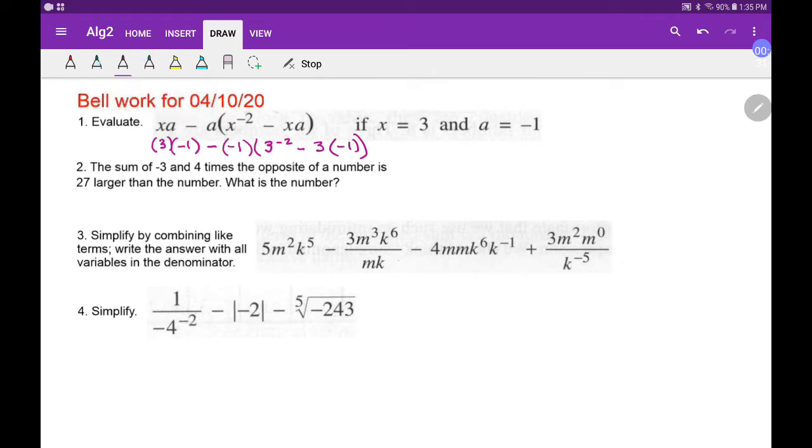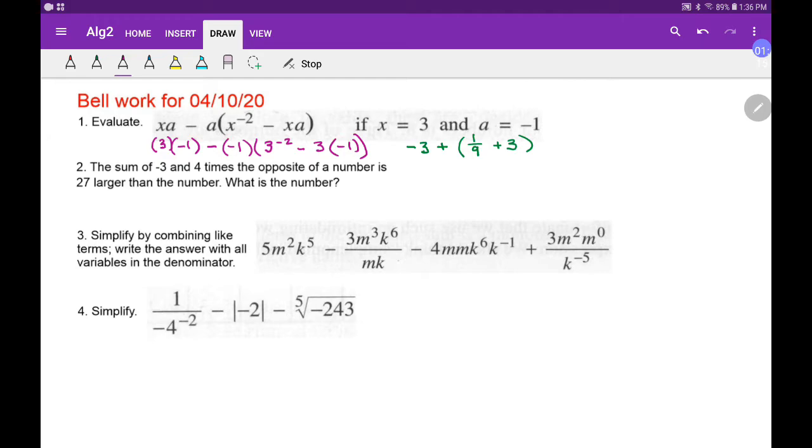I try as much as possible to use parentheses. The 3 times the negative 1, you know those two negative signs aren't going to matter, and the 1's not going to matter, so I can just say plus. And 3 to the negative 2, that means it's 3 squared, but then it really belongs on the bottom, so 9 on the bottom, and then plus 3. And then it's just a matter of common denominators. And maybe it doesn't need to be all that, but